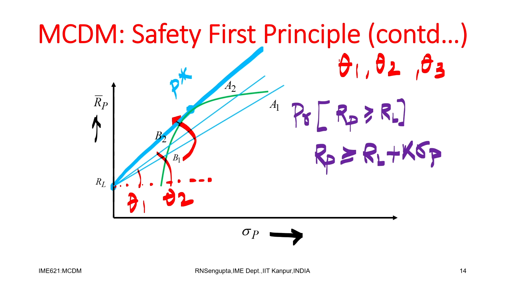So, in the first principle, what we considered is we had two ideas of trying to minimize the probability, or maximize the right hand side. The second principle was maximizing the concept of RL. The third principle was maximizing the concept of RP bar. And here remember the decisions are A, B, C, D accordingly, and we will basically take RP bar and sigma p for those corresponding decisions only.